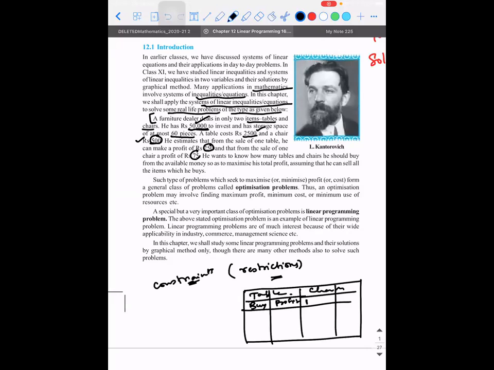Shares, buy, profit. Okay. Here you can put numbers. So for example, if he buys one table and two chairs. See, what I'm trying to say is we can use trial and error method to solve this. One table, one chair. You can put a table, you can calculate the profit, you can add and tell what is the value here. Similarly, one table, two chairs. Like this, if I ask you to write, how many such combinations will come? And moreover, is it an easy process?